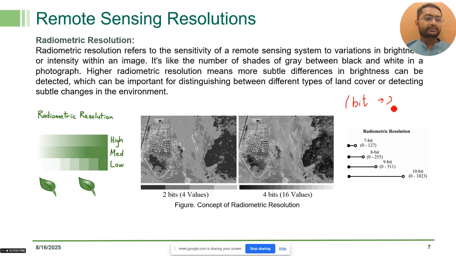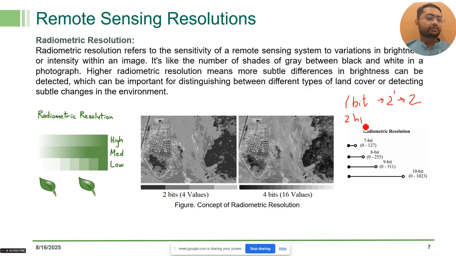So here if we say 2 to the power 1, what we will get is 2. So if the image is just 1 bit, it can store only 2 values, which will be your white color and black color. Now if you take 2 bits,